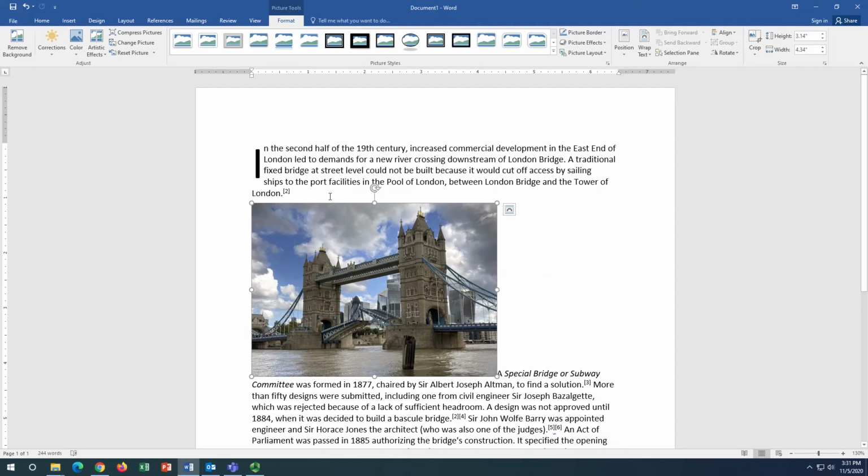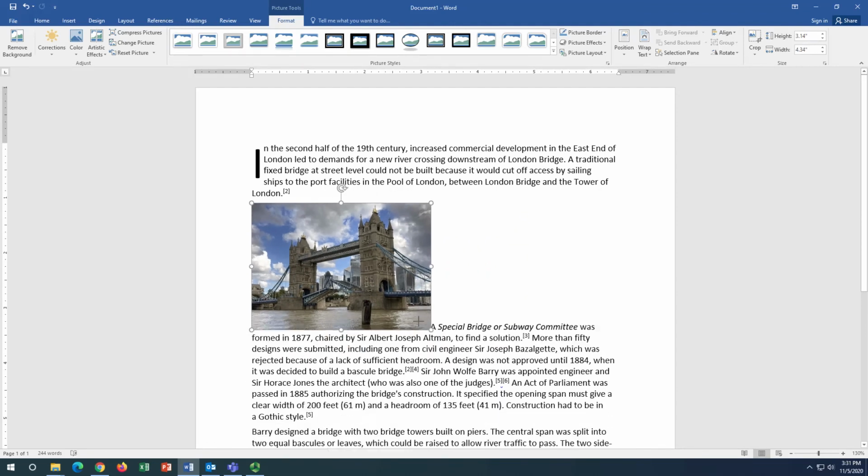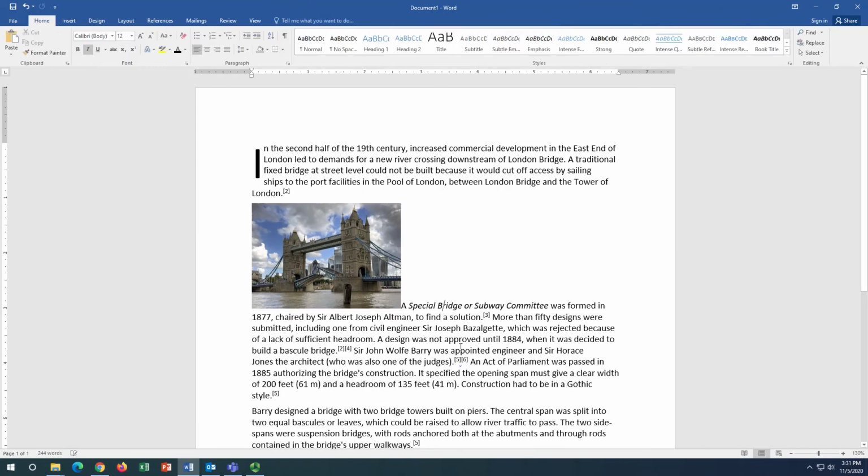You can do this from any one of these little white circles. You just grab it and drag it. I think I like the size of that picture, don't you? That looks really nice, but I don't think it's quite there yet. How are we going to fix this? Well, I think the way we're going to fix this is by modifying the picture and the text to work together. So we need to do something called wrap text on this picture